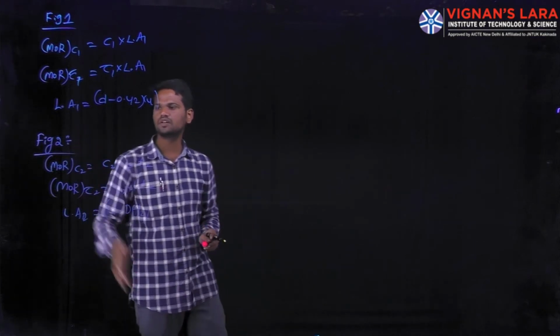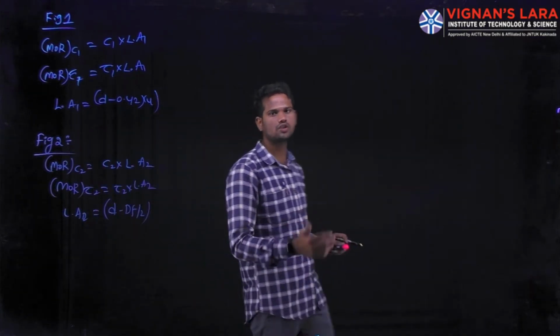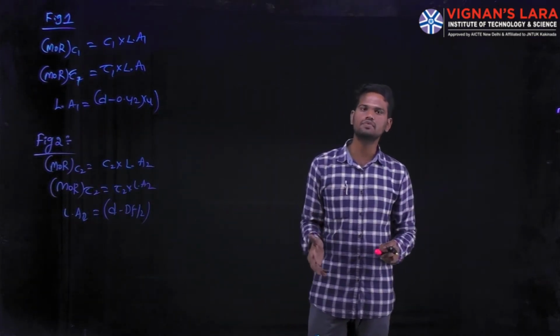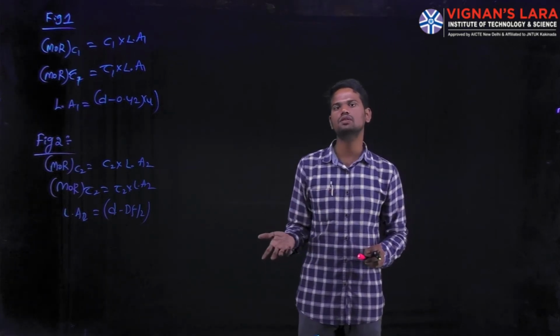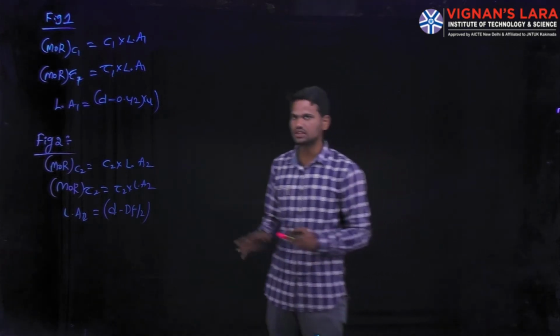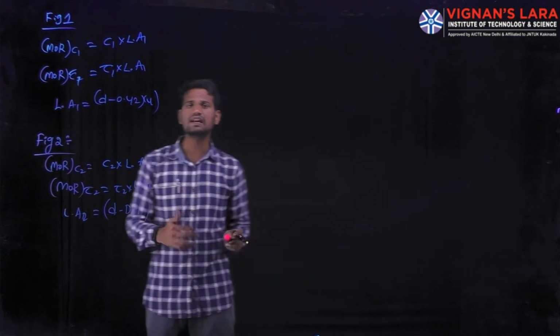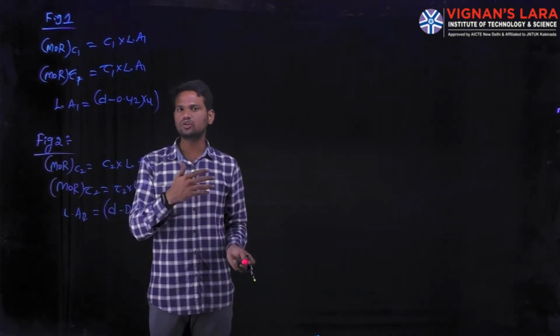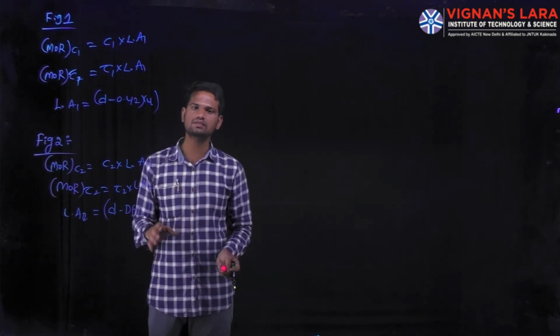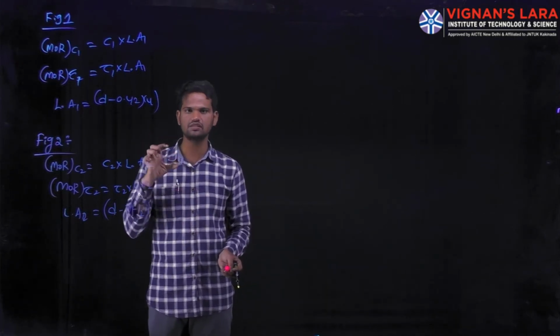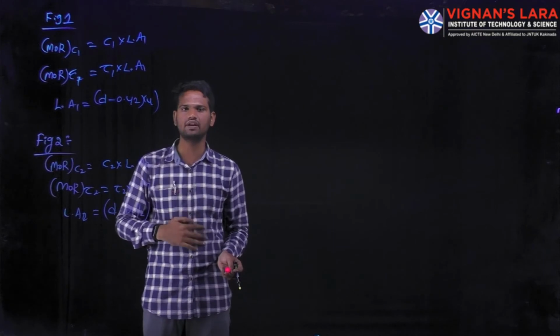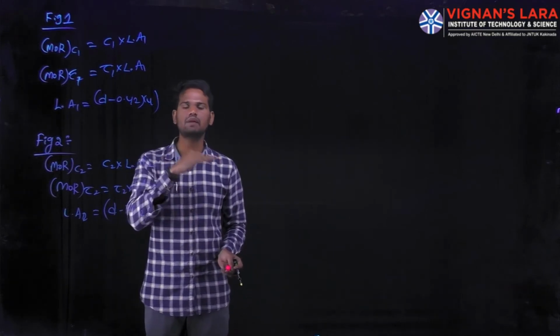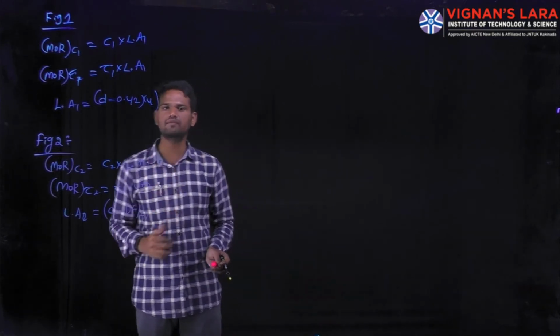Again for figure number 2, we have also calculated the total compressive force, total tensile force as well as the lever arm distance. That lever arm distance is between the resultant of the compressive force and the resultant of the tensile force. The total compressive force acts at half of the flange, that is, with the depth of the flange DF, in that half the compressive force acts, that is DF by 2.